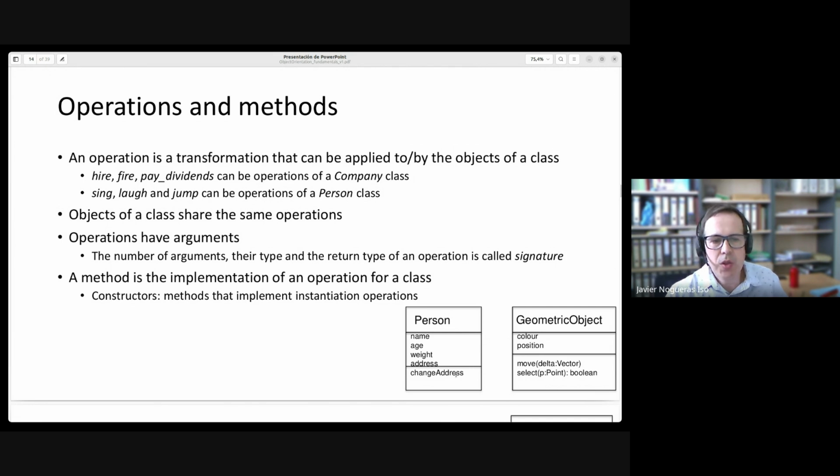And probably this operation modifies the value of the attribute address. Or here, for example, I have a geometric object with color, with a position. It can be a circle, a square, whatever. And I have added two operations. Maybe I can move using some degrees this geometric object. If I am designing an application to draw geometries, or I can select a point in this geometric object and I add a select